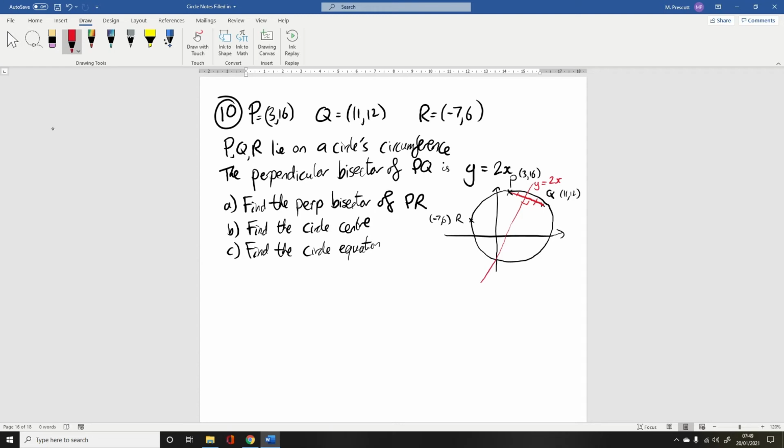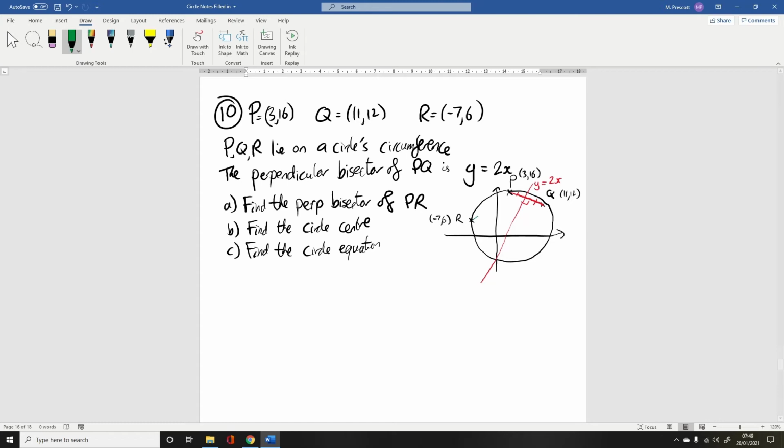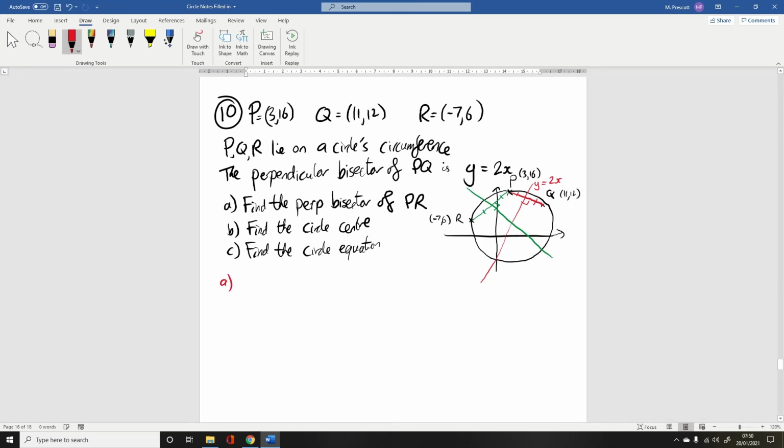And we want to find the perpendicular bisector of PR. So that's going to be the line that cuts that exactly in two. Now there is a fact that we're going to use with that in a second, but actually A doesn't require us to use the sketch yet, because all A wants us to do is to find the perpendicular bisector, and well, we know the coordinates of P and R, so we can find its midpoint, we can find its gradient, and we can turn that around. So let's do that. So we'll find the midpoint of PR,